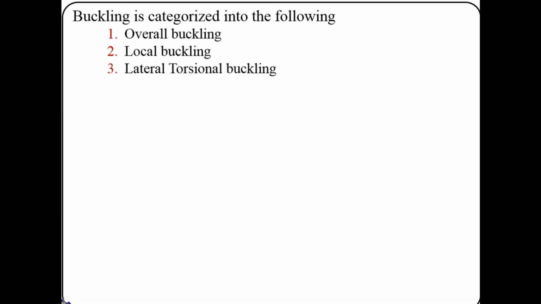So types of buckling, we already know that they may be categorized into three types: overall buckling, local buckling, and lateral torsion buckling. Overall buckling we have discussed in the compression member. Overall buckling can be controlled by restricting the overall slenderness ratio to the specified value, which is 200 for the compression member. And local buckling is the flange local buckling and the web local buckling, and we can control it by controlling the B over T ratio of the flange and the web.